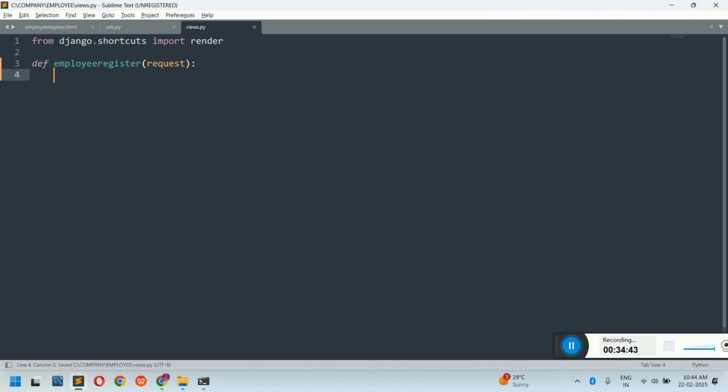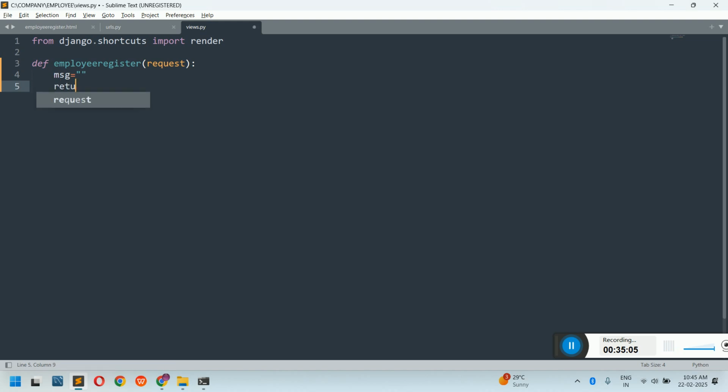Click on enter. Here, very simple, we declare one variable msg is equal to empty. I am using the empty variable msg, and we will see later why we are using it. Now I need to call the HTML file. To call that HTML file, it's one sentence, that is